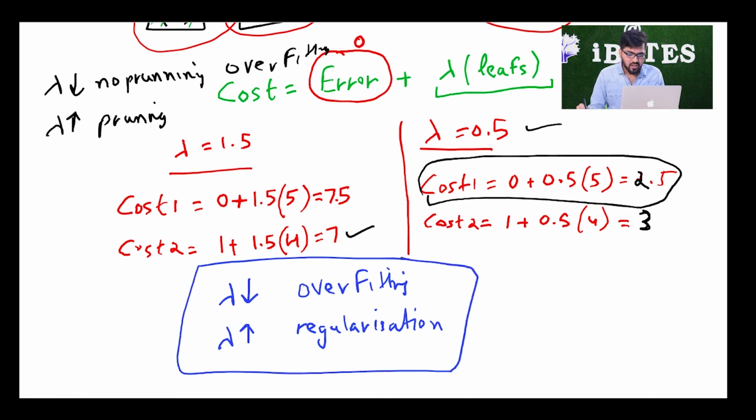Okay. Similarly, instead of lambda, we can also use the C parameter, which would go over here. So, that would simply mean that if lambda is low, that is C is higher. But we can keep it in terms of lambda, whichever we want. Okay. So, this is what pruning is. Basically lambda is a parameter that we choose ourselves, depending on whether we want overfitting or not.